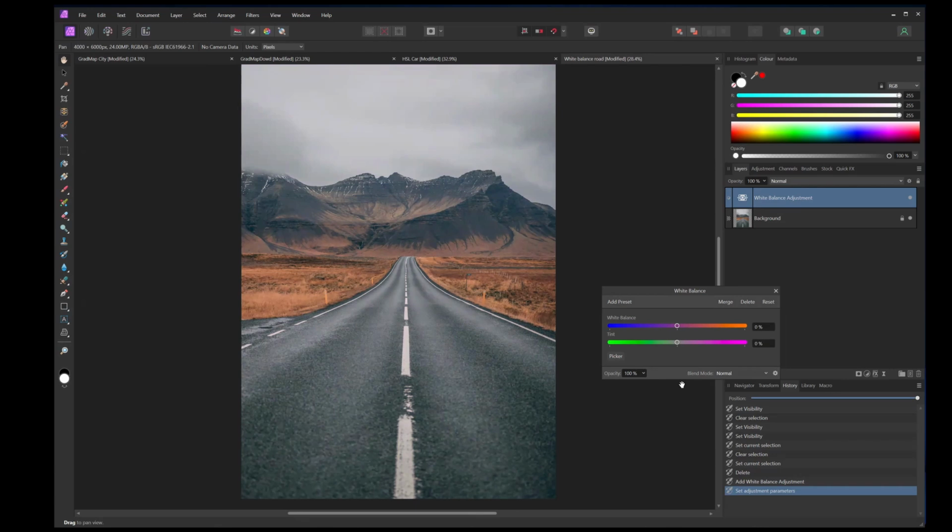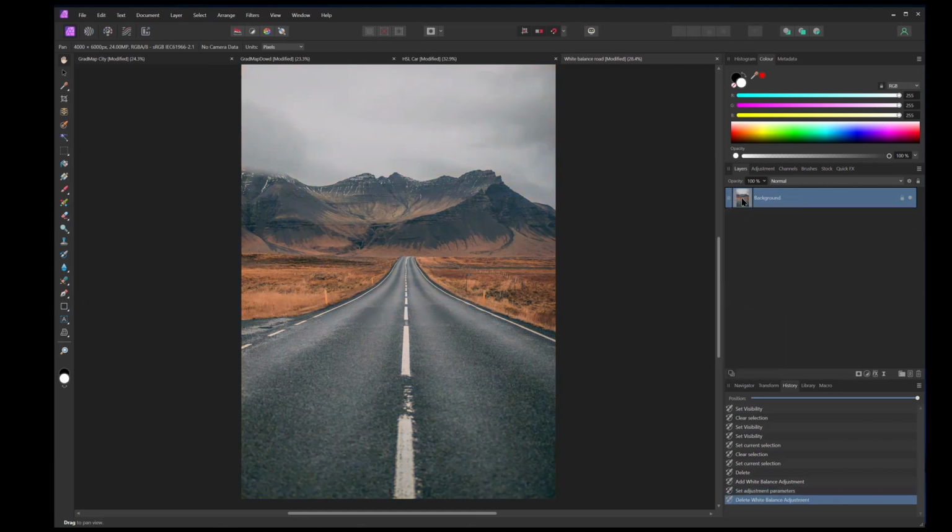Now, what I wanted to do was start introducing picking areas. Obviously I can warm up everything, but that's making the sky a little bit yellow as well, and I might not actually want that. I'm going to delete this, and what we're going to do is split this photo in two. One area for one adjustment for the sky, one adjustment for the ground. So we're going to move over here, and we've got this selection brush. So if we pick on that,